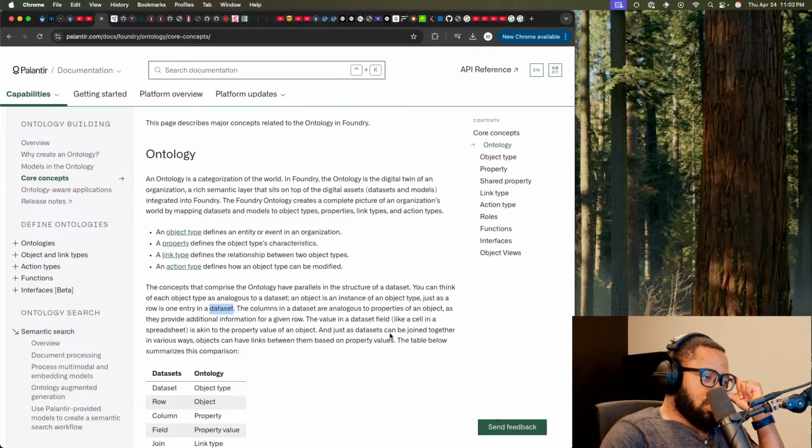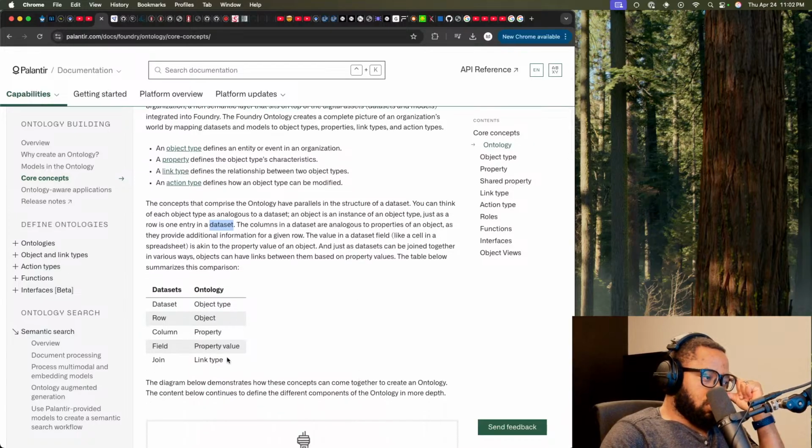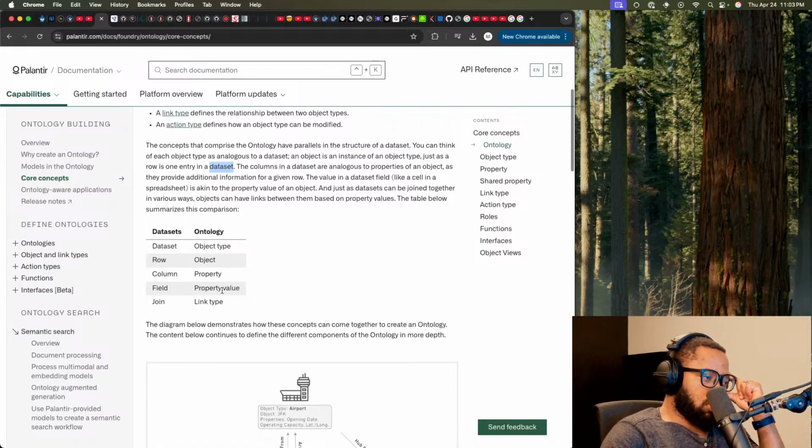And just as datasets can be joined together in various ways, objects have links between them based on property values. Okay, this is helpful.